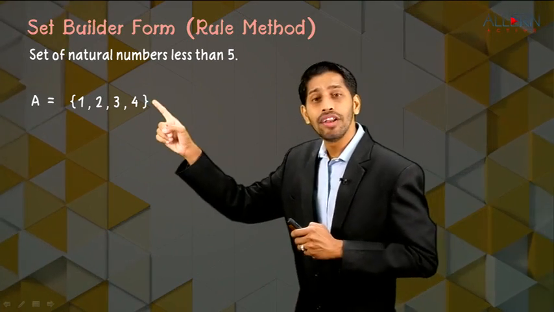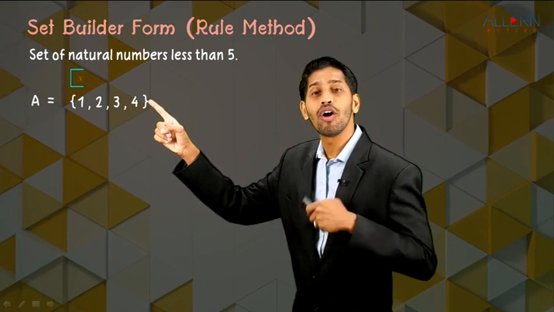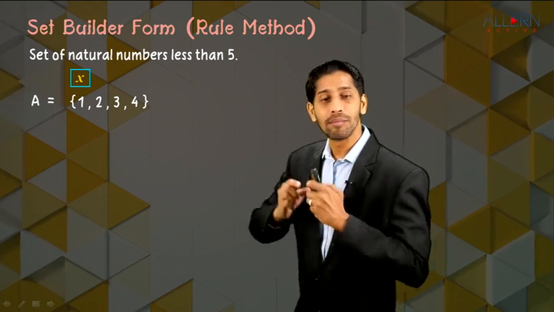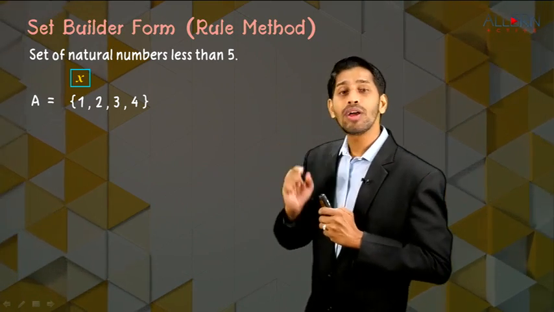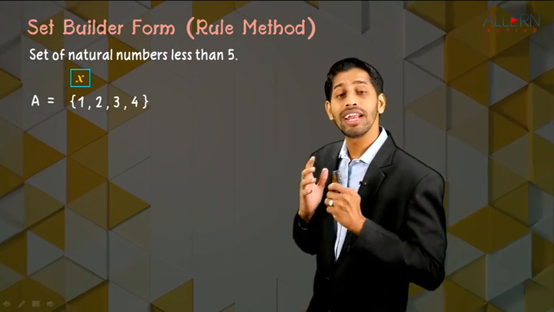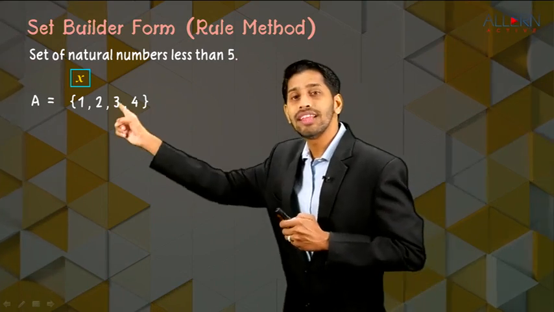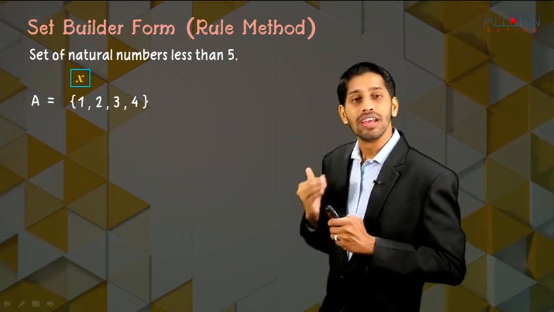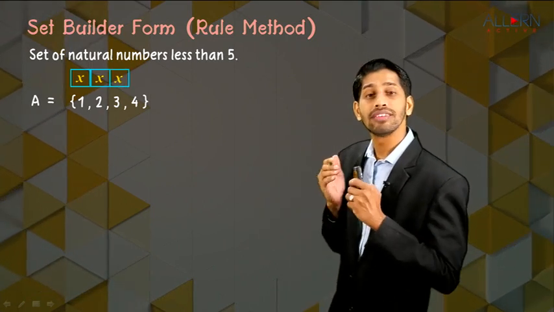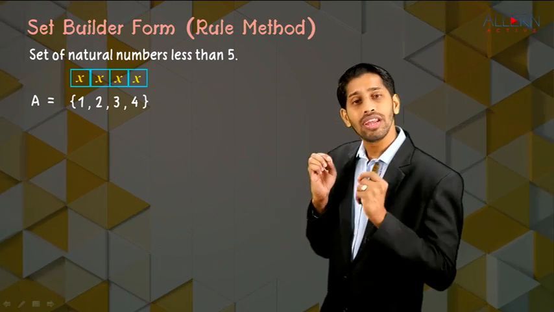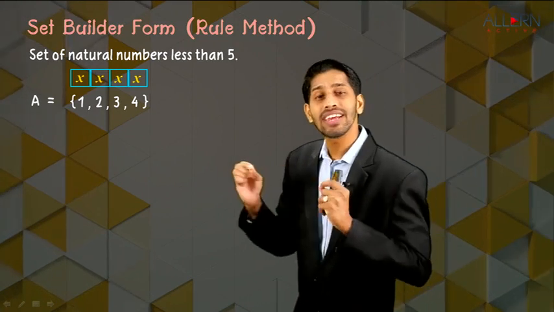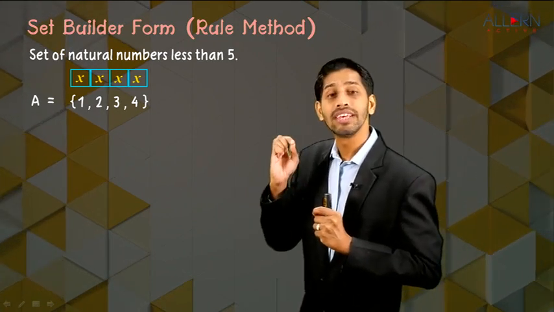Now in order to write this set from roster form into set builder form, we'll have to assign each element a variable. Now remember one thing, when we assign a variable to each element it should be the same variable. So for the time being let's assign a variable x. We'll assign the number 1 a variable x, we'll assign 2 a variable again x, we'll assign 3 a variable that is again x, and we assign 4 a variable x. So the very first thing, whenever we write any set in set builder form, we'll have to assign each element of that set using the same variable.